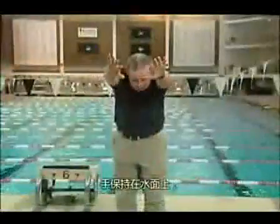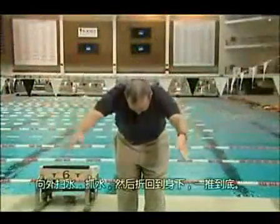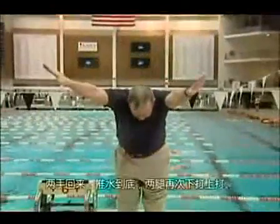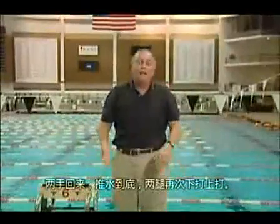by pressing the chest down. And the hands stay on the surface and sweep out, catch the water, and come back through underneath. As you land out front, you kick down, your hips come up, you come back through, and you kick down, up again. To me, the most important thing to look for in the butterfly stroke is what the hips are